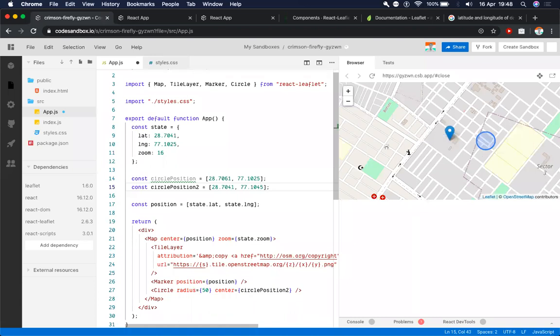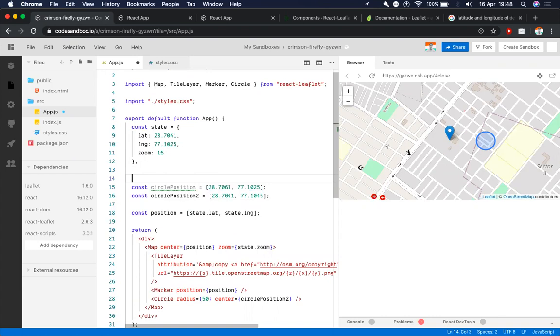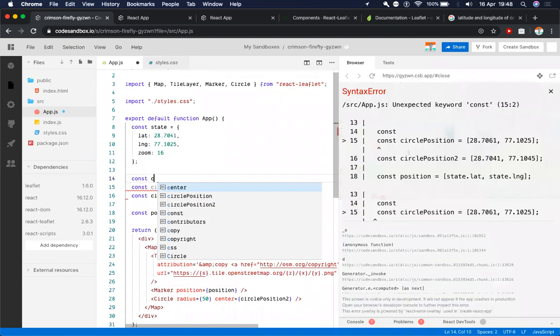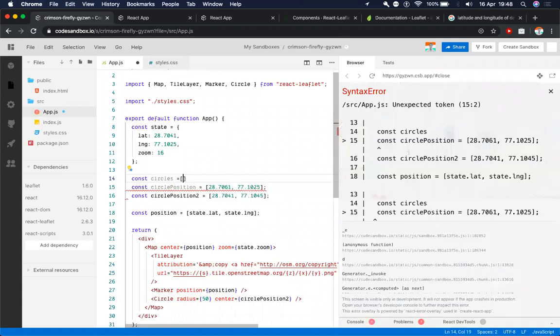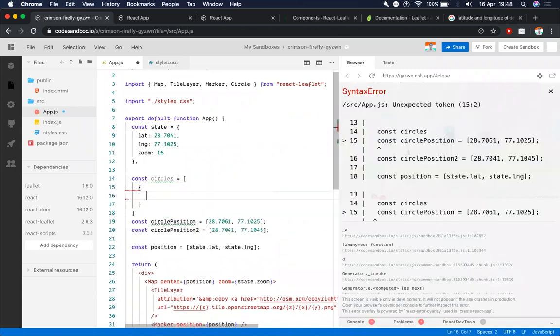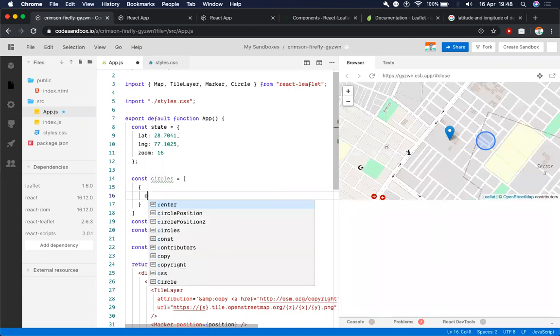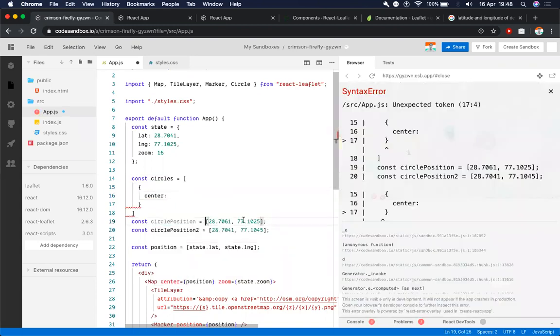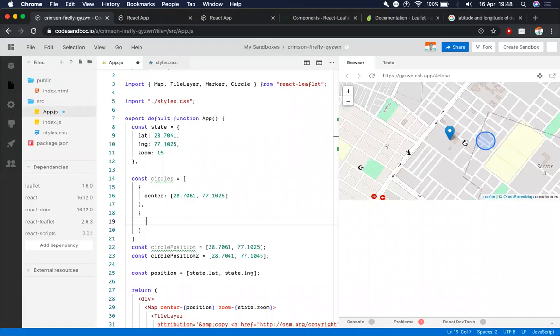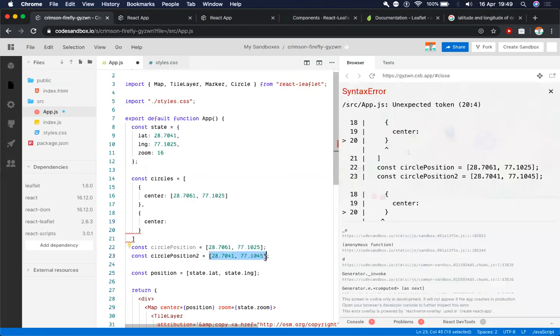And okay, so right now I have two values for where a circle can be positioned. So I create an array, and that array would be named circles. Inside circles, I would have some objects which have the key, let's say center, where I pass this array. Right now our React application will bug out because I'm going to write a lot of code, so please ignore this part of the screen till then. And the center for the second circle would be this one that we defined here.